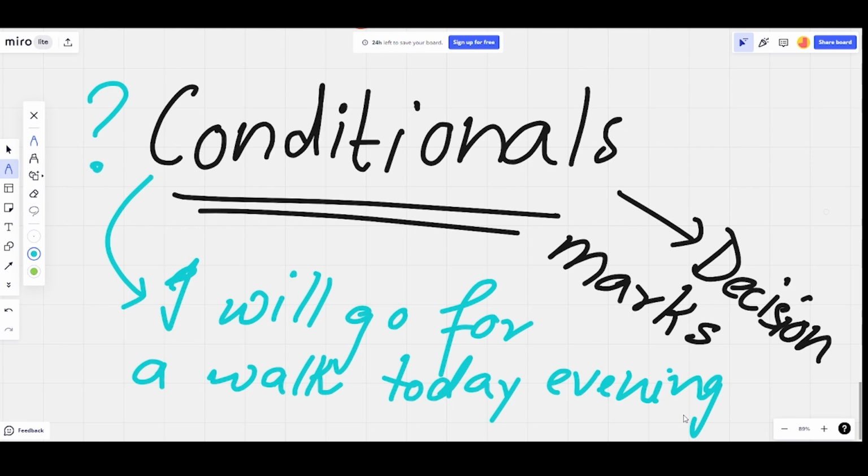Suppose a condition is that tomorrow you will be 10 years old. Can this condition be changed? It may not, because tomorrow your birthday will definitely come. If it's your birthday tomorrow, you will be 10 years old. There is no else part over here. Whether something happens or not, I will be 10 years old. For these kinds of statements, condition won't play much of a role. Yes, it can happen that you may not be able to celebrate your birthday. That can be one thing. But certain statements are there which do not depend on what condition you have put.